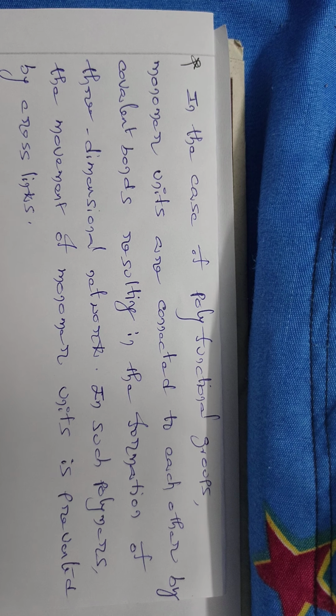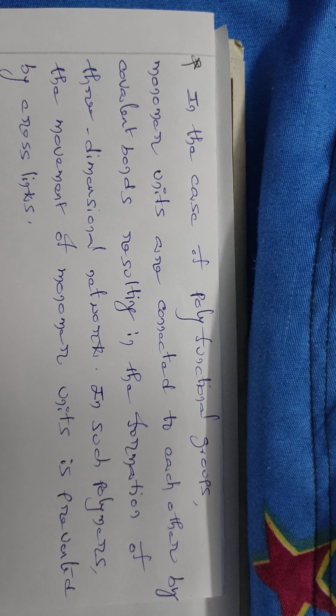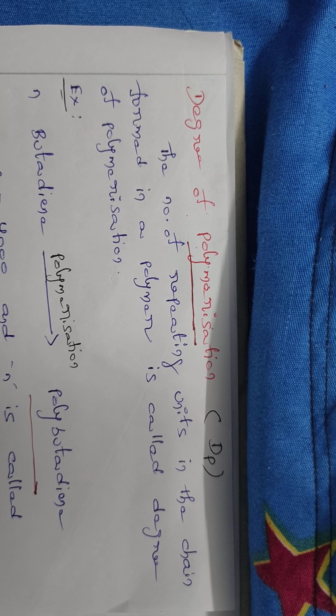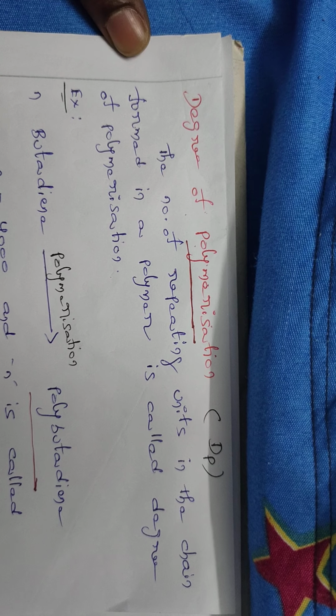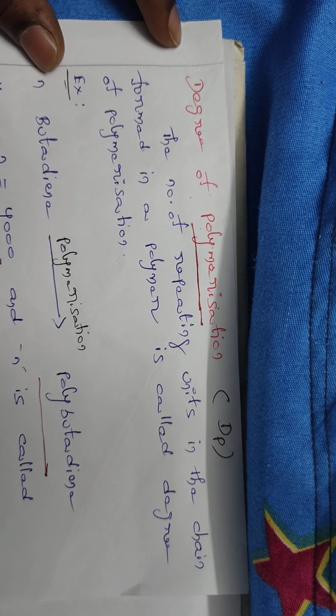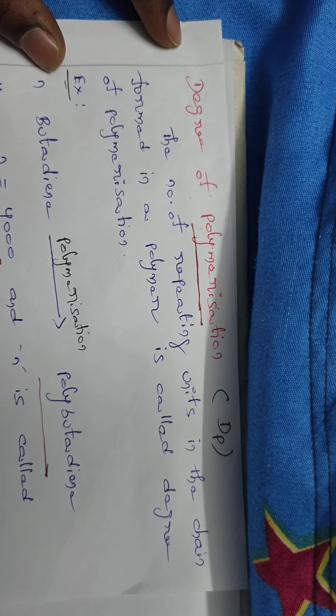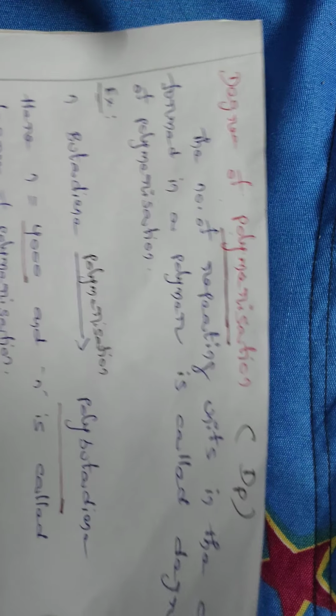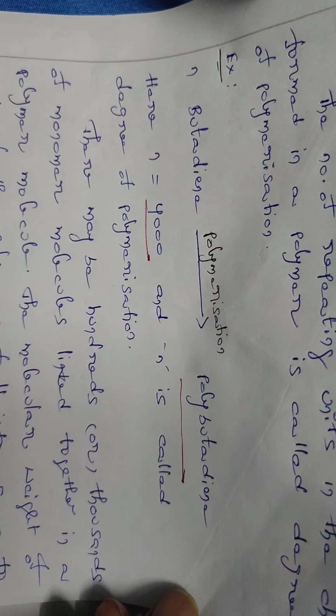Okay students, these are the concepts of degree of polymerization and functionality. These concepts are asked for 4 marks or 2 marks for first year BTech students in engineering chemistry or applied chemistry question papers. So write down the notes simply. Degree of polymerization: the definition, and then an example.